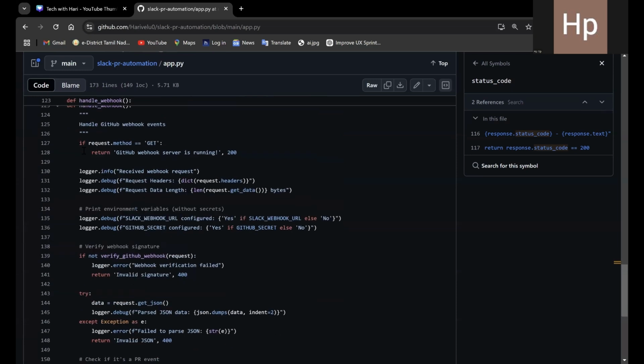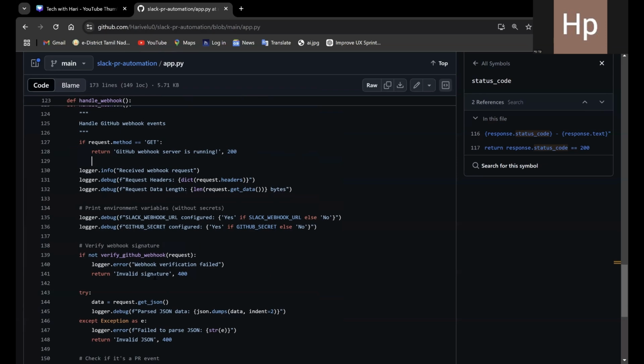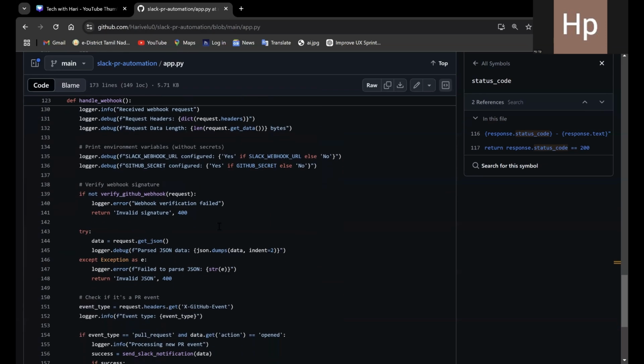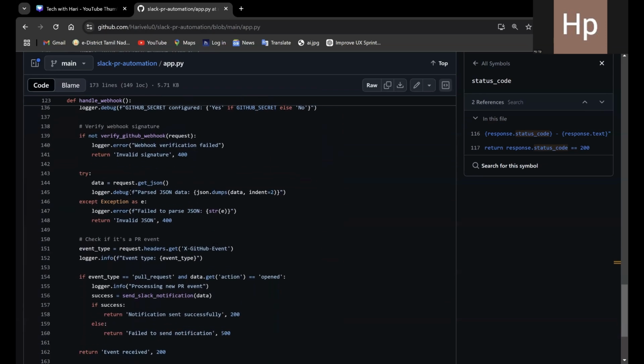For that, it uses if request dot method is GET, GitHub webhook server is running, and it shows 200, which is succeeded, which we already saw in our GitHub. And if there is any error, how will it be handled? These kinds of things we are providing here, and we verify the webhook signature. And here we are trying